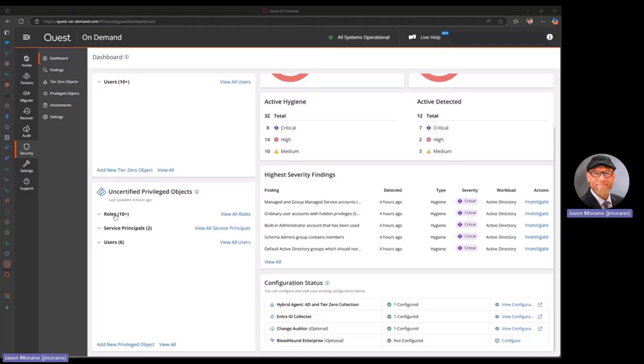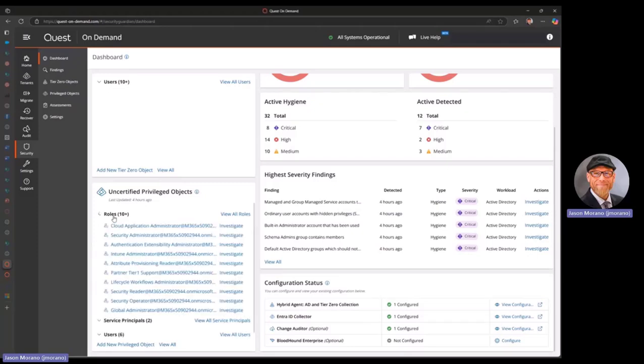We're going to look at the three actual types: roles, service principals, and users. What we do by default is a scan based on Microsoft's groups, roles, and users that have service principals that are more than just user level, but are privileged. And we pull them back. So we're using Microsoft's own list to evaluate, and then it's your job as a user of the solution to make sure you either investigate or just accept that role because you're aware of what it is and what it does,